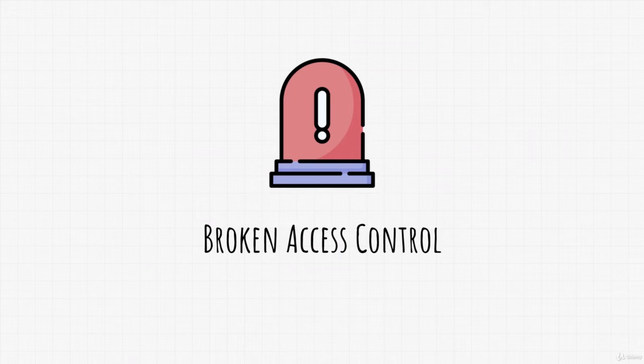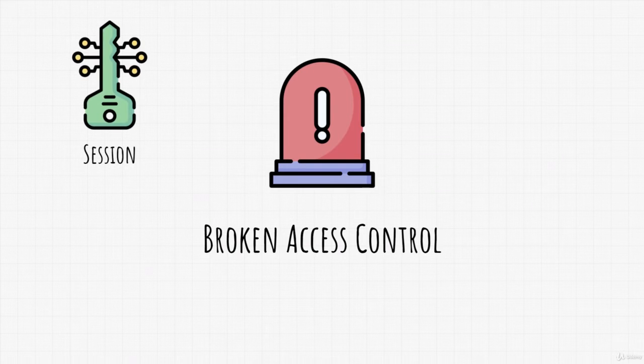Sometimes access control can be strictly tied to authorization and session. And in some cases, it might even be the exact same vulnerability as broken authentication, which we already covered. However, there is more to it than that. When we covered broken authentication, we mostly focused on breaking the session and the authentication of the user. Broken access control, on the other hand, can also target not only sessions, but, for example, different files or directories